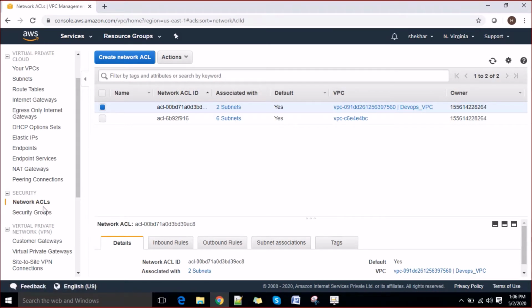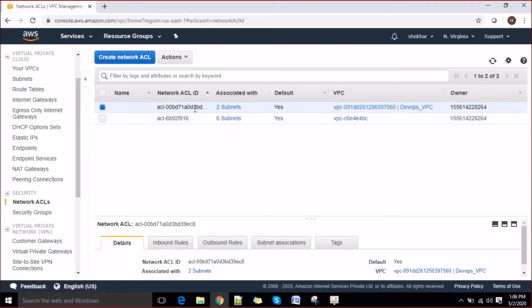By default, if you see, we have one DevOps VPC we created last time. And if we go to NACL now, we can see two NACLs there. One is the default, where we have this many subnets, and the other is the one that we created. This is attached to your VPC.